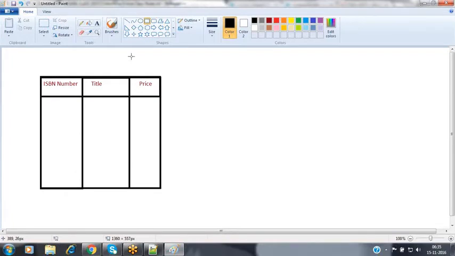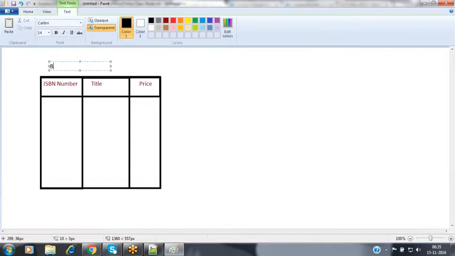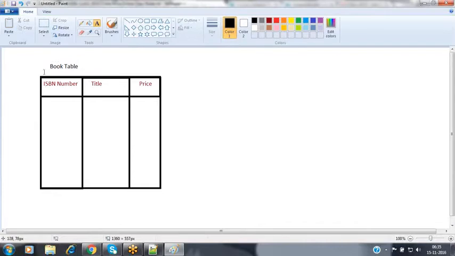This table is a books table. Inside this book table, I'm going to be storing a collection of books information.